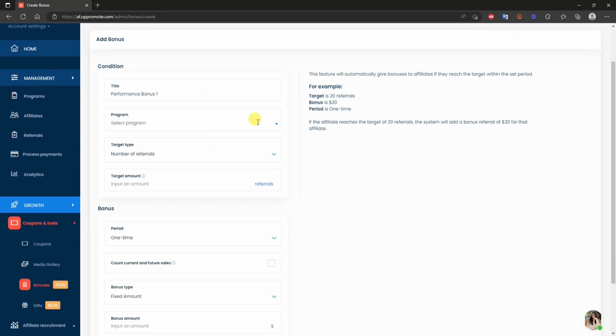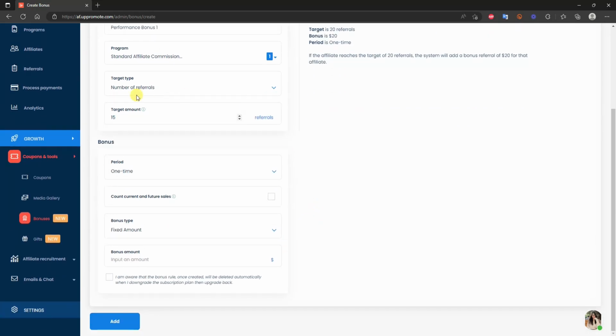1, for example, and then we just have to choose the affiliate program that we want to provide this bonus for. So we'll just do our standard affiliate program, and then we can choose our target type. So we can choose to pay out this bonus based on an affiliate reaching a certain number of referrals, an affiliate reaching a total commission amount, or an affiliate generating a total amount of sales here. So in this case, we'll just do a certain number of referrals, and then we can choose the input amount. So let's say after an affiliate refers 15 people, they will receive a bonus,